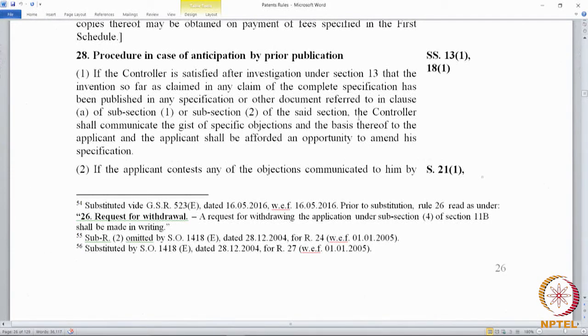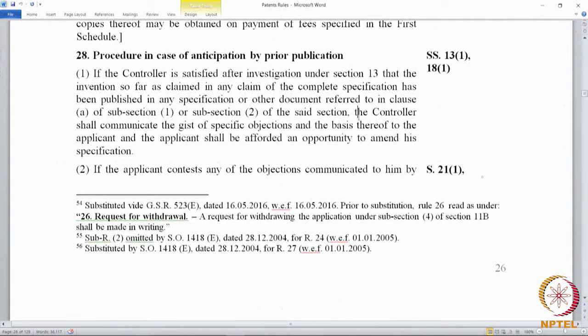In some cases, we also saw in section 18, the controller can add a reference to an application which was published after the priority date, but which was filed before the priority date of the applicant's patent. Now, in Rule 28, the procedure is described.